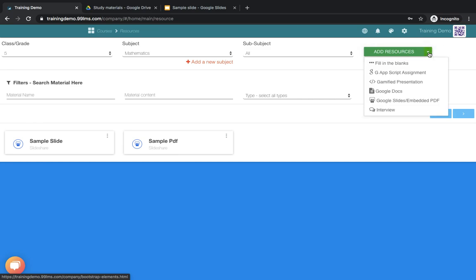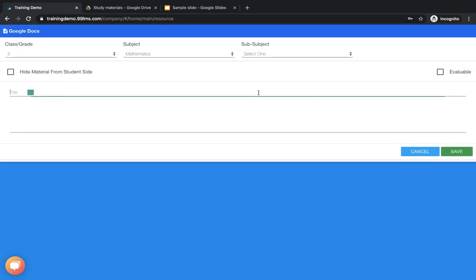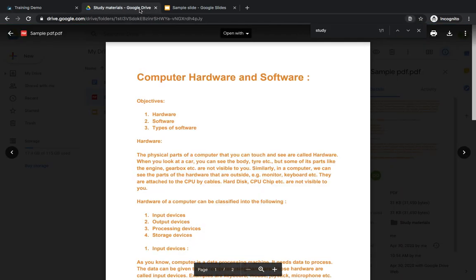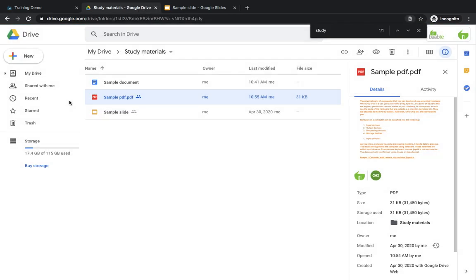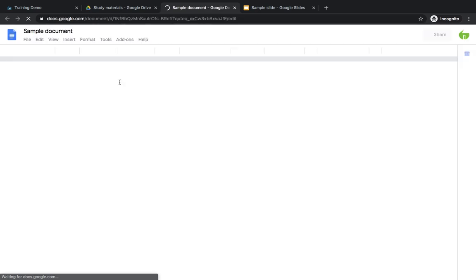Click on add resources, select Google Docs, give the title sample doc download. Okay, for this option we have to go to the drive and open the sample document.